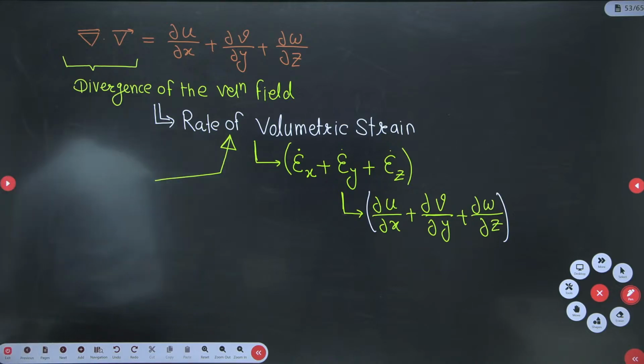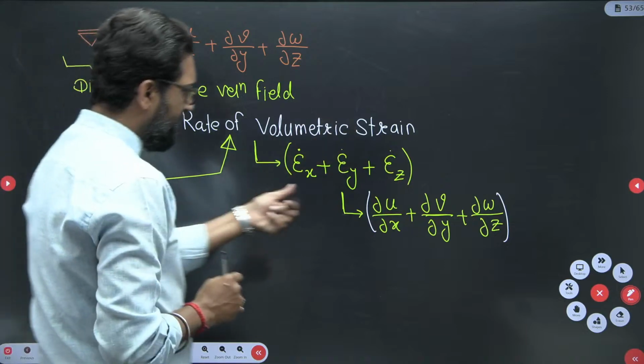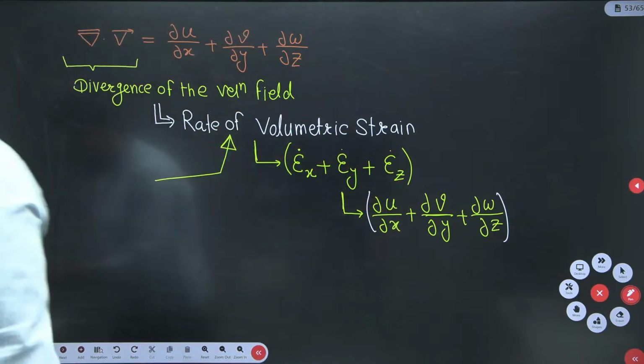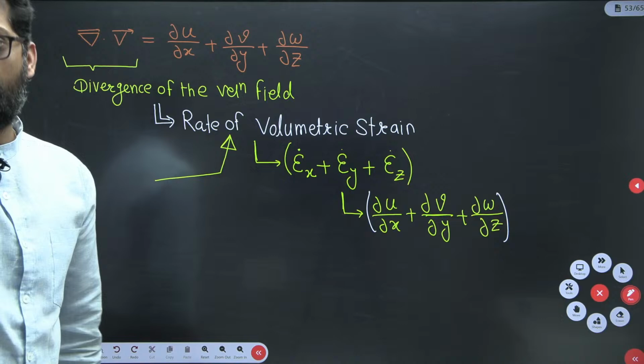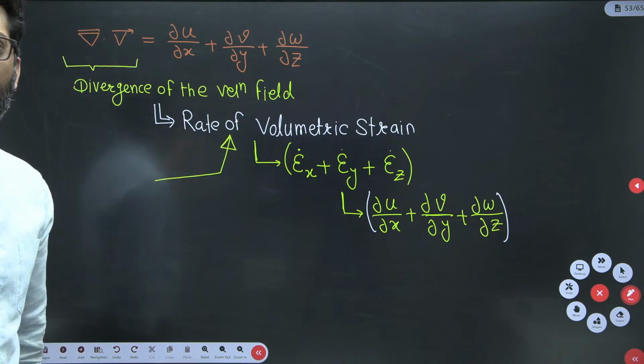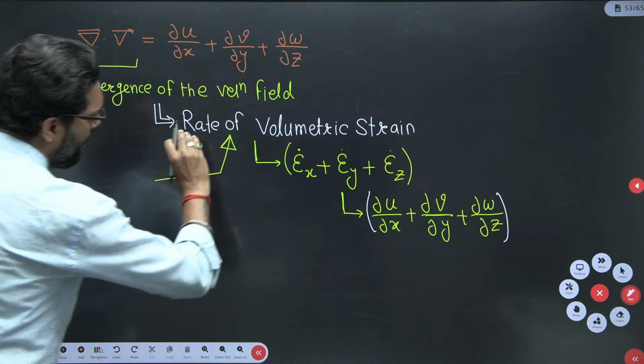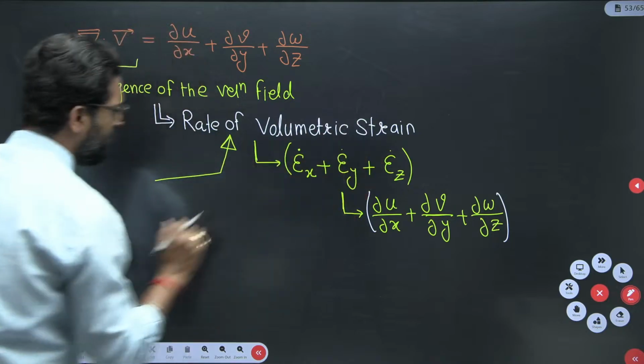Thank you. Okay, beta. So this is a rate of volumetric strain, and that is a rate of volumetric strain. We'll also discuss it for you, but if you want to ask something, you can please comment. So, write down the rate of volumetric strain in terms